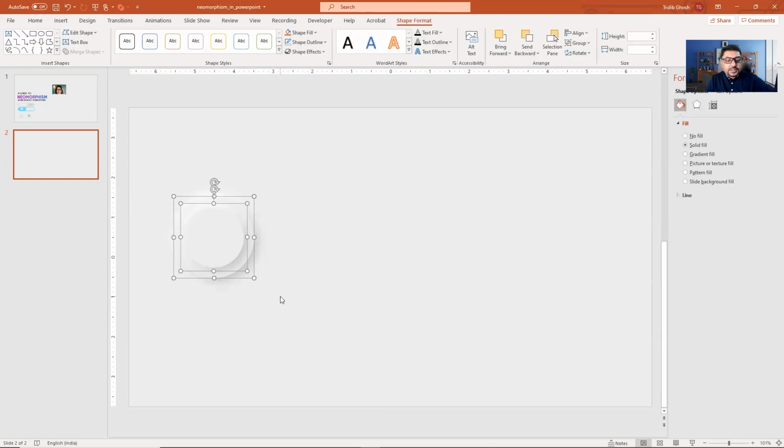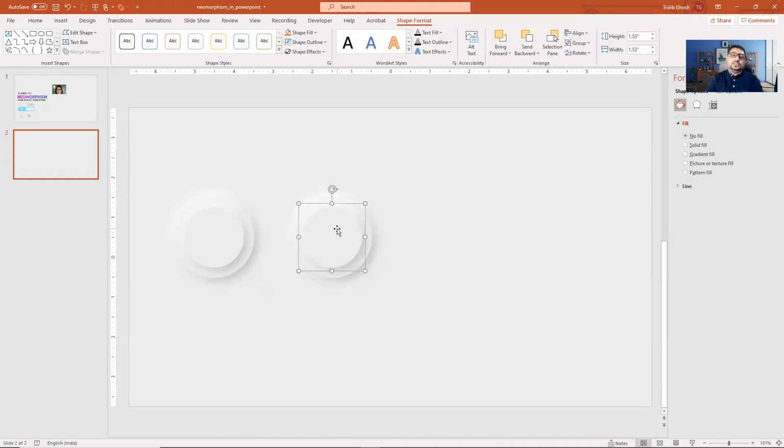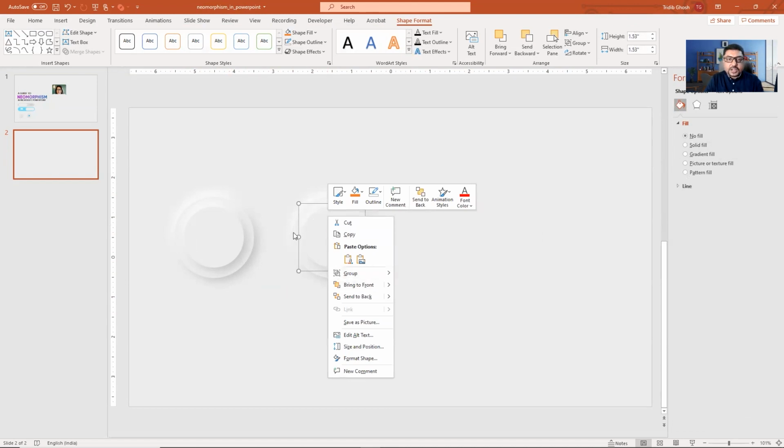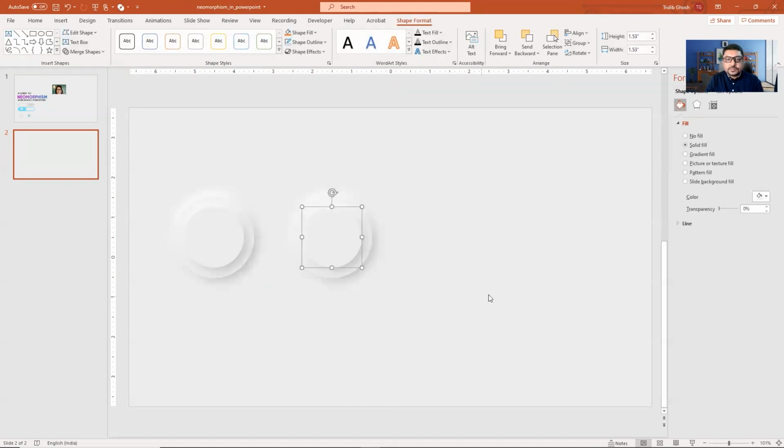Let us copy this and try to create an object which, over here, is a bit punched out. I want to have something like punch in. So for punch in, let's first ungroup both the objects. We have to change the direction of light.